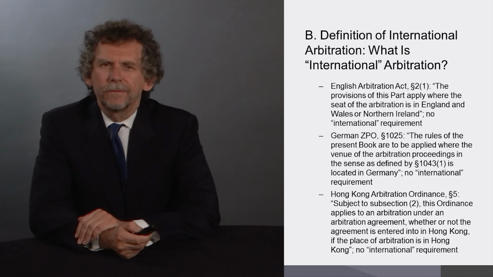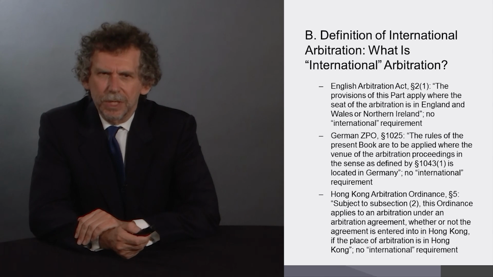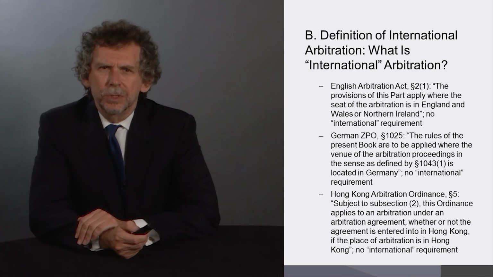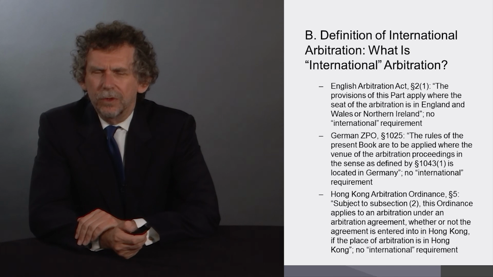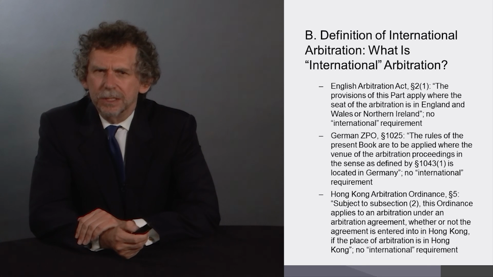We can see examples of this type of legislation on the current slide. Examples drawn from the English Arbitration Act of 1996, the German enactment adopting the UNCITRAL model law, and the Hong Kong Arbitration Ordinance, each one extending to both domestic and international arbitration. These approaches are unusual, though. They are outliers. In most jurisdictions, international arbitration is the subject of a specific statutory regime tailored precisely to international arbitration and not dealing with domestic arbitration, where different legislative policies and interests may be at work.